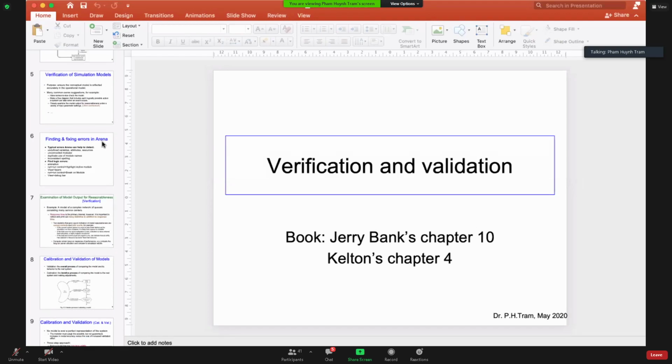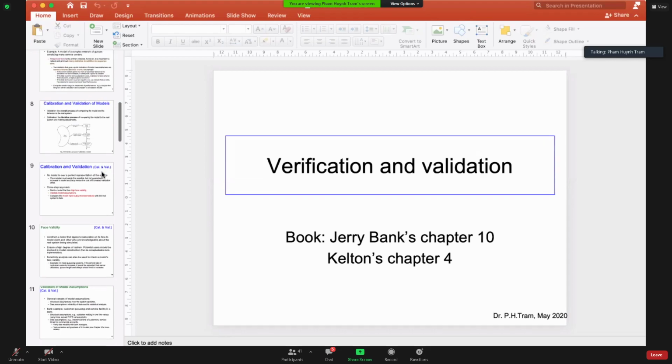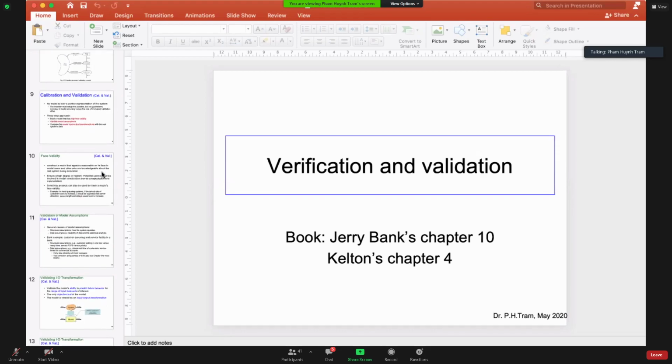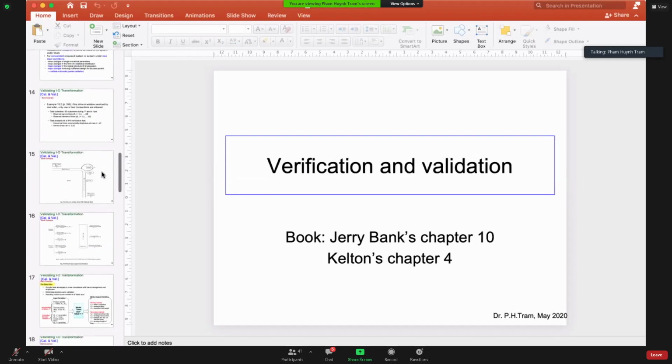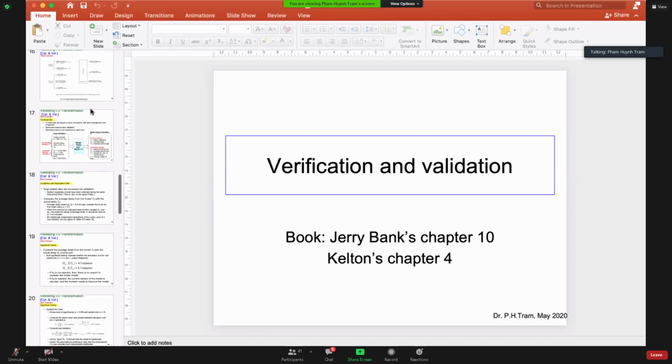And before we go to the validation, of course, you have to verify your model. Verification means making sure that your model has the logic in your conceptual model. And the verification requires you to practice a lot with the software. Okay, now for the validation,